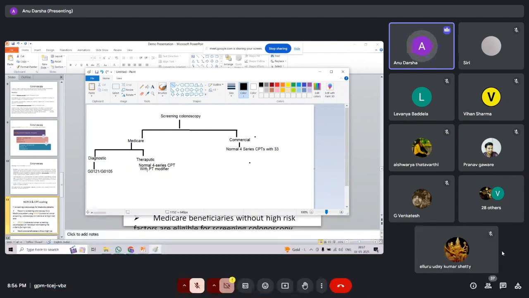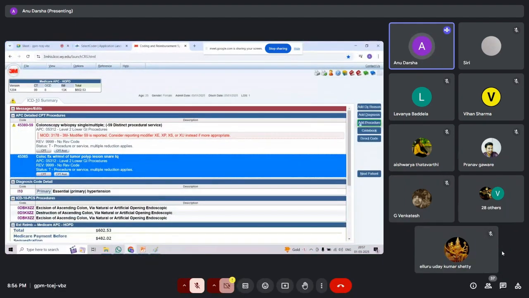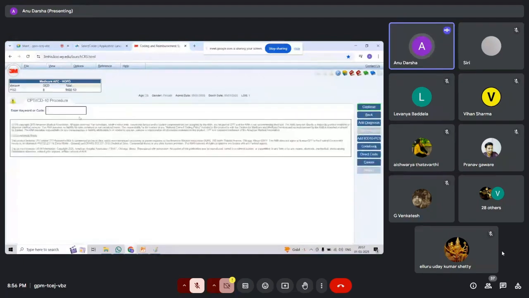Okay, simply if you are reporting 4 series, it implies that it is a normal colonoscopy, but here your case is a screening colonoscopy. So if it is a screening colonoscopy, you should not miss these modifiers. So why are these G series codes not appended with those modifiers? Because if you read the CPT descriptor for G series,